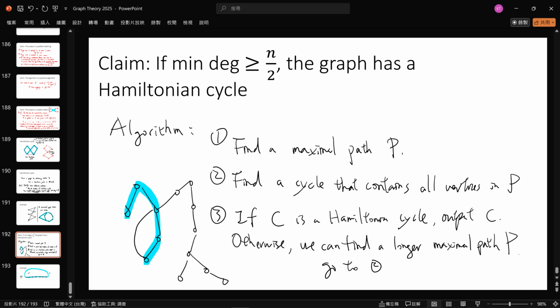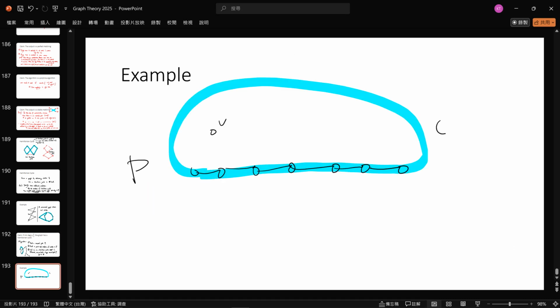When the minimum degree is at least n over 2, we can find a longer path. And the reason is quite simple. 所以我们现在有一个 cycle C，你唯一需要知道的信息就是这样子，你有一个 cycle C，